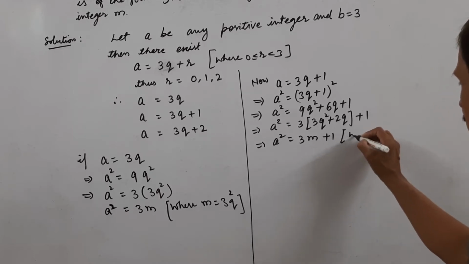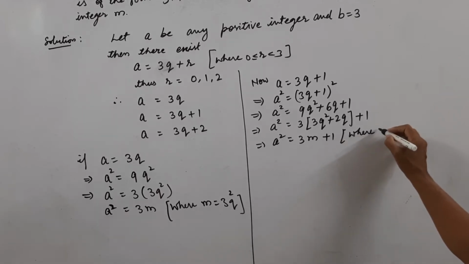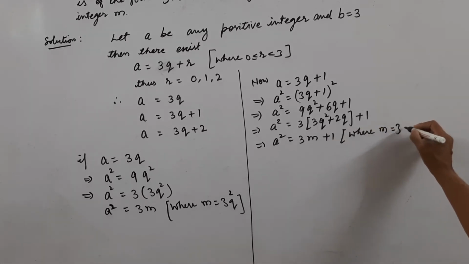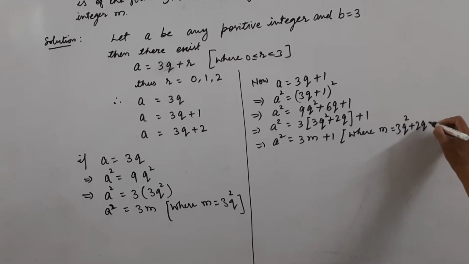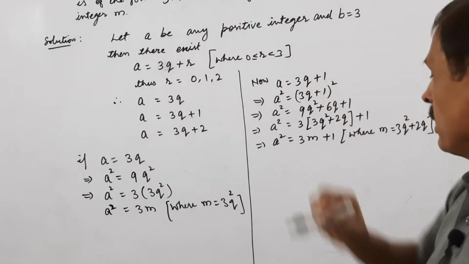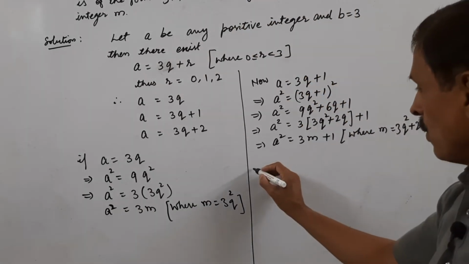Where m is equal to 3q square plus twice of q. So the square of any positive integer may be of the form 3m plus 1. Now again,